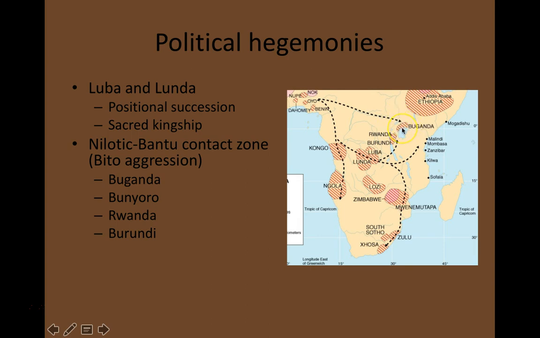Buganda ultimately would be the strongest of all of these kingdoms, not just because it had effective warriors, but was also more proximate to the coastlands here, and so it was able to trade with the coast and came to great wealth as a result of that. The Kingdom of Buganda also had a really effective navy made up of warriors on canoes, such that they dominated all around Lake Victoria, right? So they were able to take their canoes, these are their war canoes, and attack surrounding villages, extracting tribute from them and slaves in some cases, which they then traded to the merchants on the coast. And so Buganda was an aggressor.